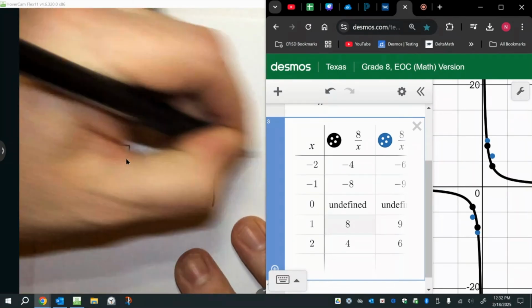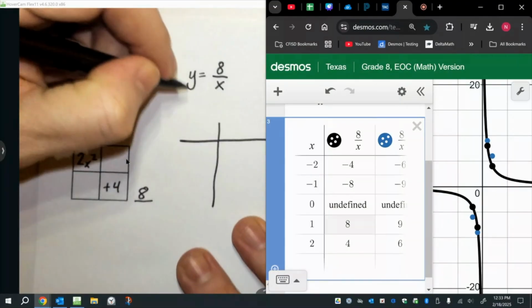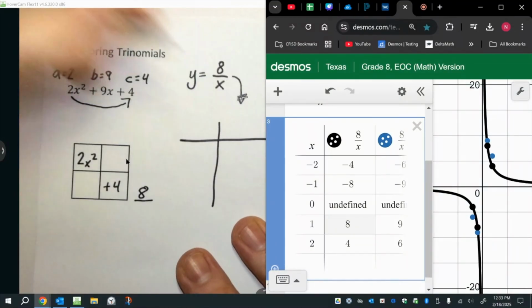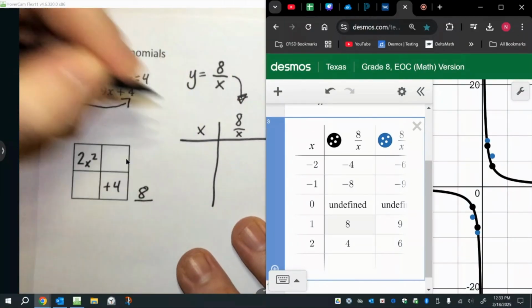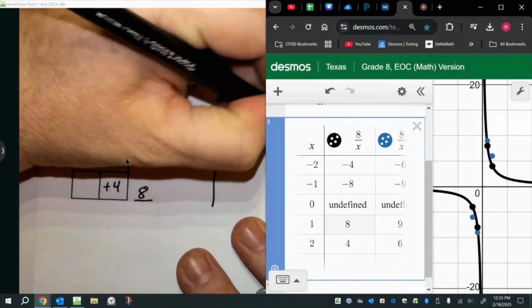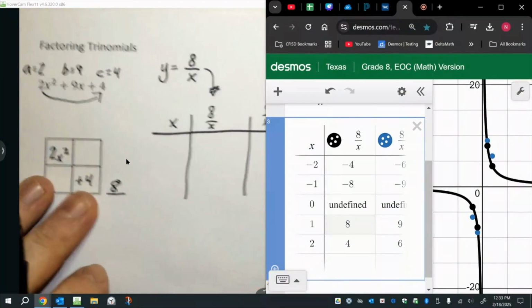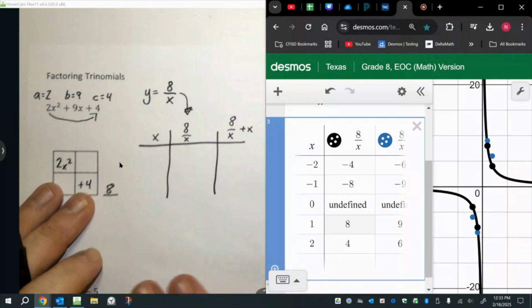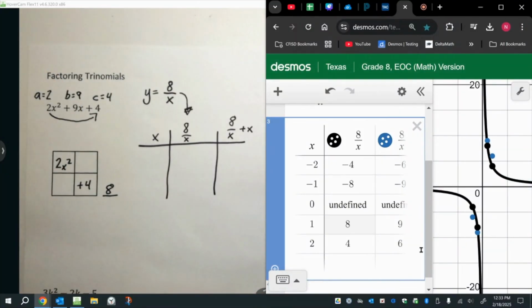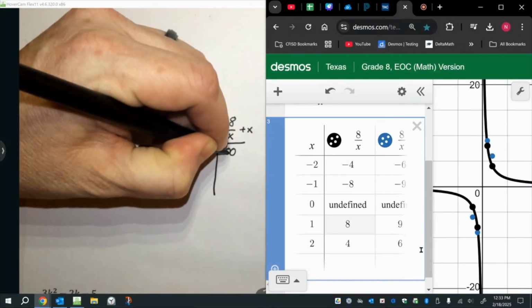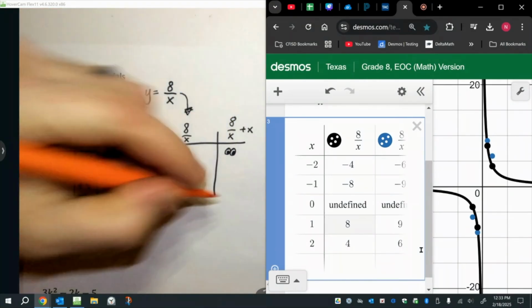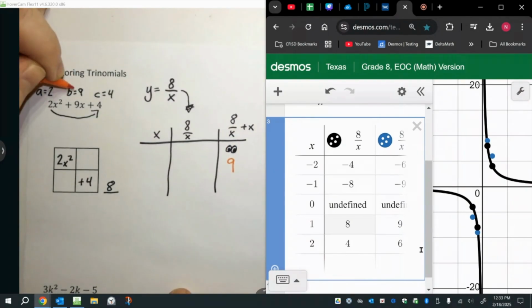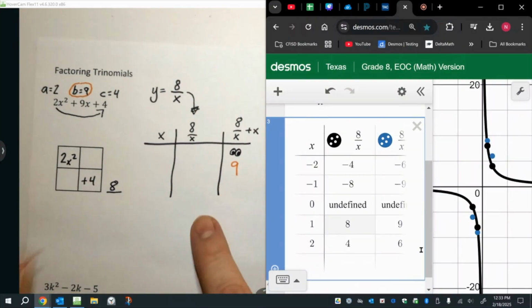So it's going to look like this. Let's draw this. This is what we did. We turned this into a table, and we put 8 divided by x. And this just said x's. And this said 8 divided by x, and then I put a plus x over there. All right, so here's what we said. We said that this 9 I was looking for, this 9 right here. Okay, and what this tells me is that 1 and 8